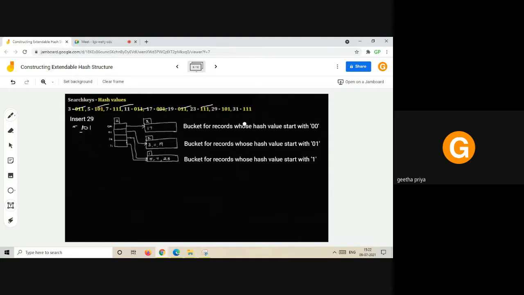Where should it go, do you think? It won't go into this bucket because its hash value is starting with 00, and here it won't go because the records in this bucket are starting with the hash value 01. So 29's hash value is starting with a 1, so 29 is supposed to be put in this bucket. Okay, but there is no place, unfortunately. So here overflow occurs.